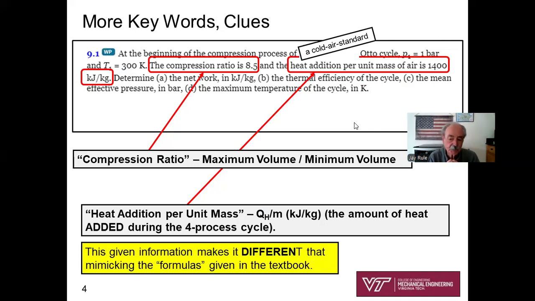And that's what makes this problem a little different than the example problems given in the textbook, in which there are various derivations and formulas utilized to solve it. This is a little twist. This problem 9.1 is a little twist on the traditional given information. Okay,